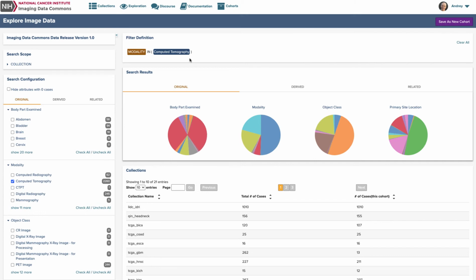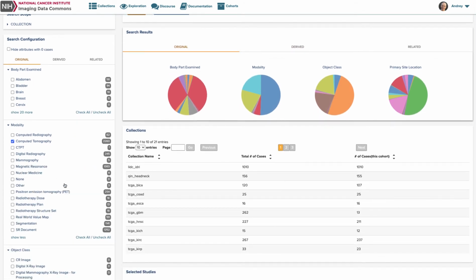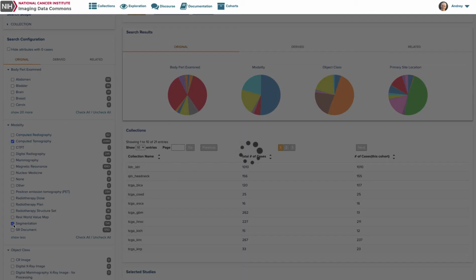Note that those subjects in general will have more than just the computed tomography, and that's why here you will see other modalities beyond the computed tomography modality that you want to select. So now let's say that I want to select segmentation as an additional parameter for my